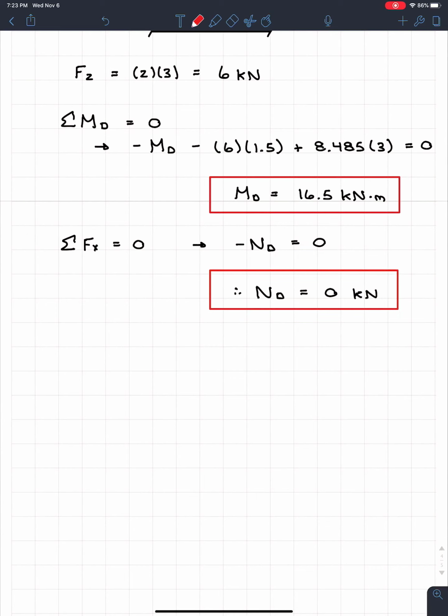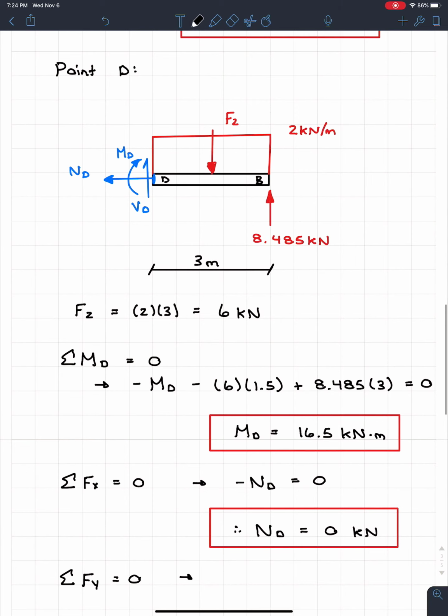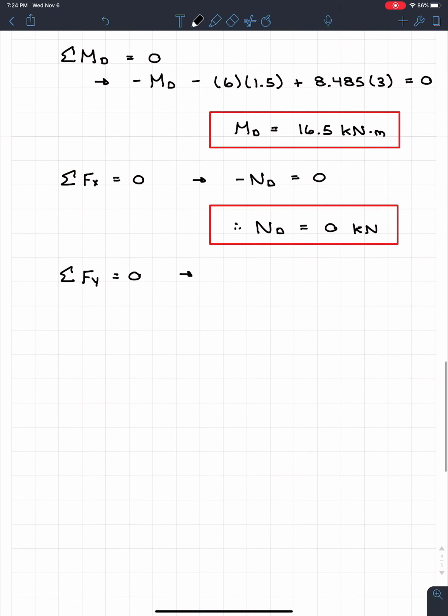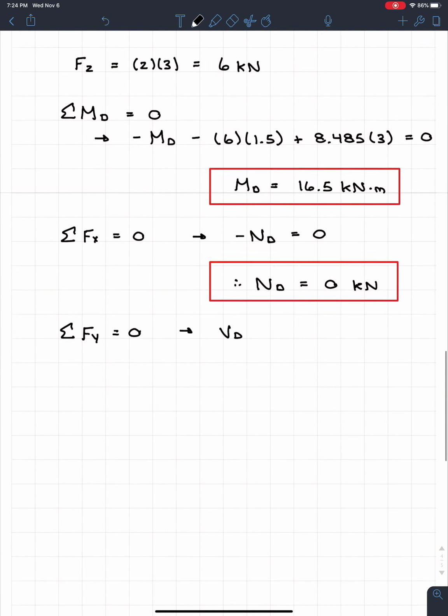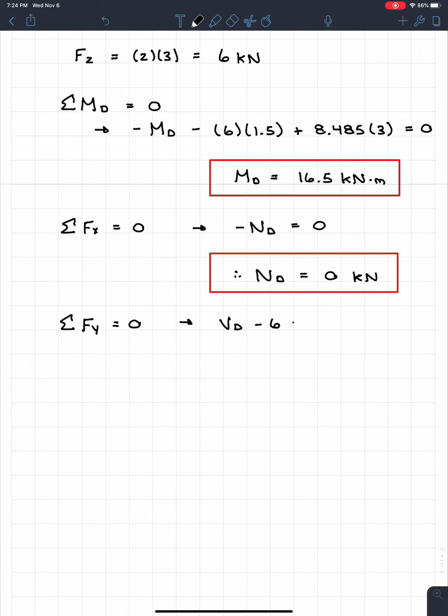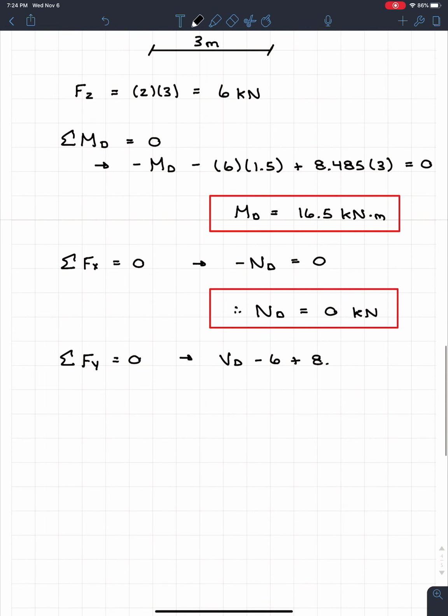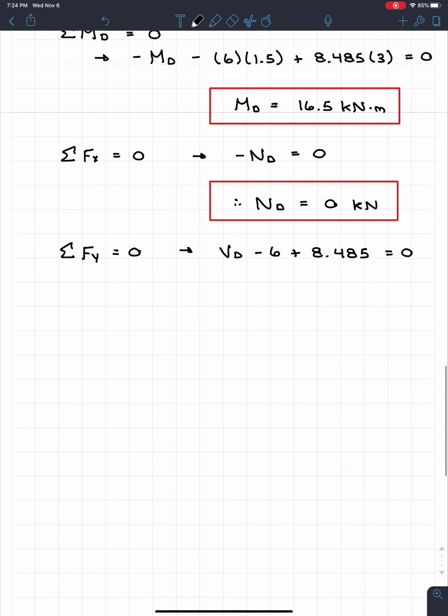All right, perfect. So our final one is going to be summation of the forces in the y direction equal to 0. So from here, again, it's very, very simple. We have our shear, and our shear is going up this time, so we're going to have VD. And we have F2 going downwards, so minus 6. And then we have By going upwards, so plus the 8.485. And all this is equal to 0. So therefore, VD must be equal to negative 2.49